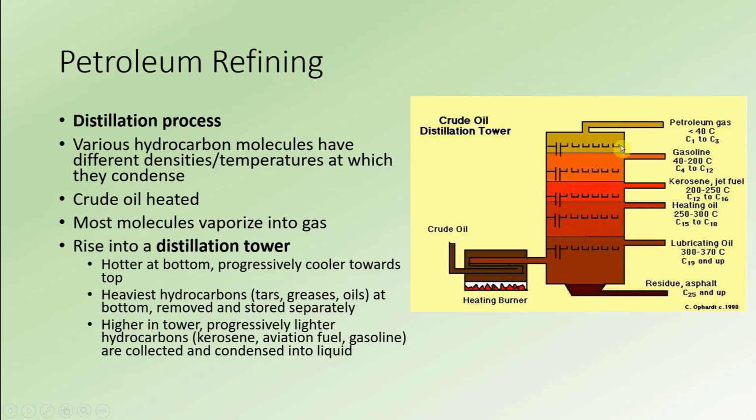And then these various hydrocarbons will separate themselves out essentially by density, with the shortest hydrocarbon chains, petroleum gases, natural gases, up at the top, right? Here's where gasoline we use burning in our engines, kerosene, jet fuel, heating fuel oil, right? Here's where we get our lubricating oils, residue, this is asphalt, stuff like that, right? So heavier towards the bottom, lighter towards the top. And then what we have is basically little extraction points for these various different now gaseous hydrocarbons. We suck them out, cool them back down into a liquid, and now we can use them and sort them out by